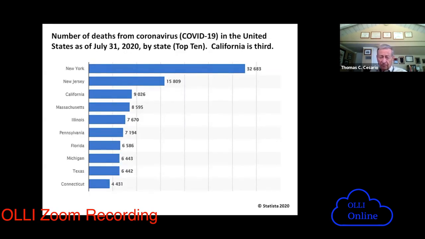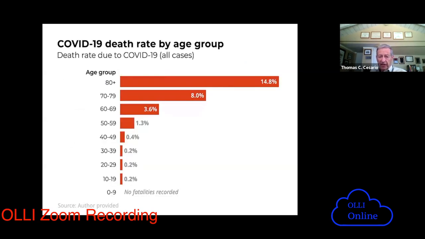The next slide is a little indication of deaths. And what you can see from this is that in New York, they had the highest proportion of deaths, but almost everybody has had some deaths with this. In the world, we have the 8th highest death rate of 132 countries. We, the most advanced country in the world, are 8th worst in the number of deaths that we've had per million people. Next slide. So the next slide says, what about by age?